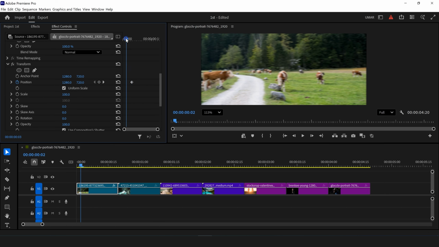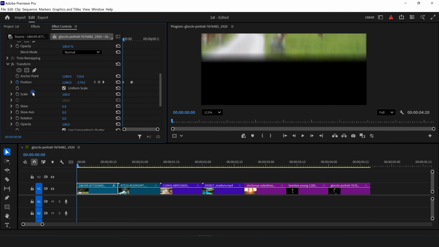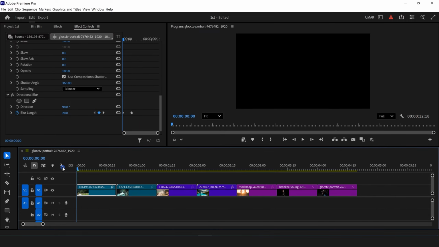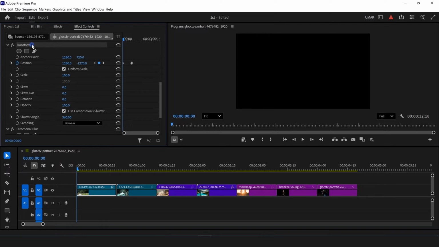Now return the playhead to the start of the clip. Adjust the second position value to push the clip upward, moving it out of the frame. Set the blur length to 20. This creates the animation. Back in Effect Controls, hold Control or Command and select both the Transform and Directional Blur